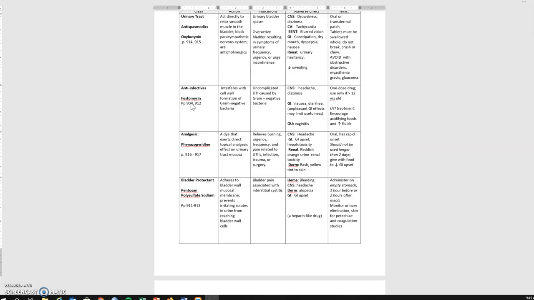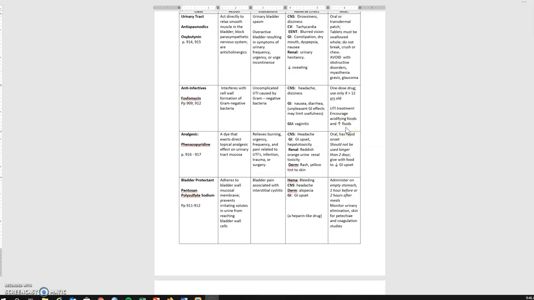You can give these drugs with food to decrease the GI side effects, which include nausea and diarrhea, and the unpleasant GI effects may limit their usefulness. Fosfomycin can also cause a headache and dizziness. It is a one-dose drug and can only be used in individuals 12 years and older. For urinary tract treatment, you need to encourage them also to eat more acidifying foods, and to